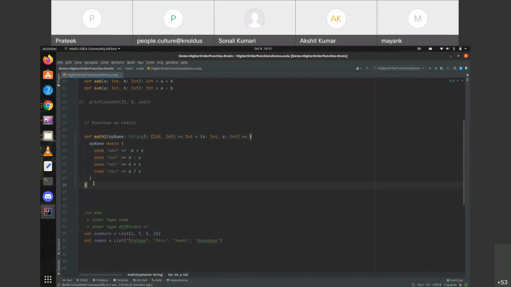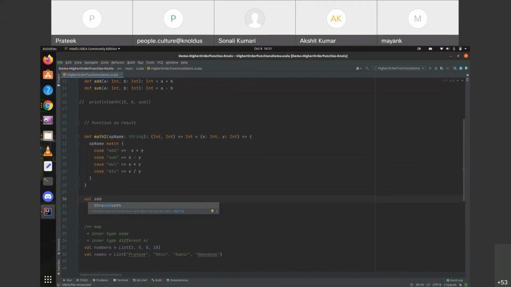So let's use this function. Let's say we want to perform the addition function. We'll call the math2 function. We'll pass add in it, and let's see what it returns us.